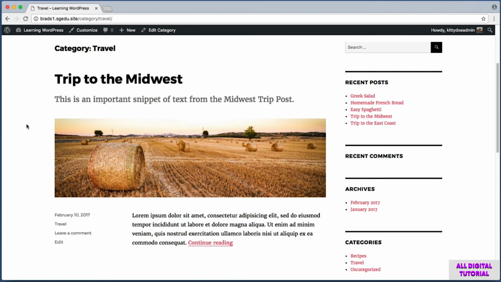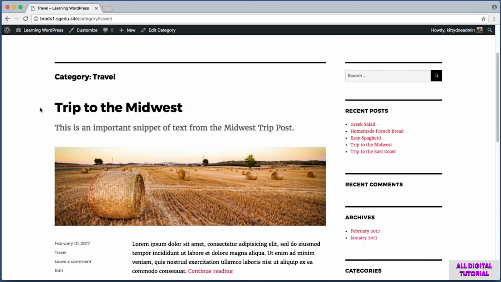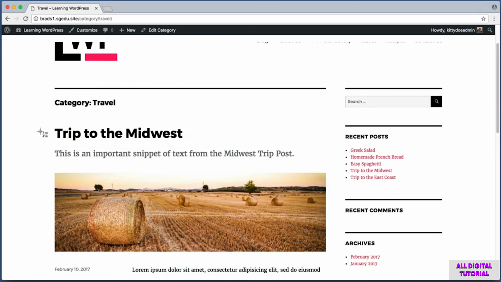Also, I will point out that even within a single theme, the excerpt can be used in different ways on different pages. For example, on this category archive screen, here we see the excerpt used in a slightly larger than average font.